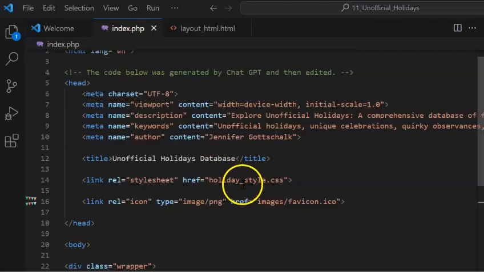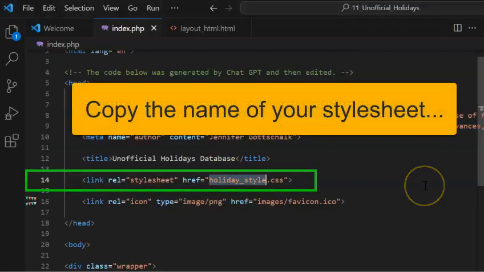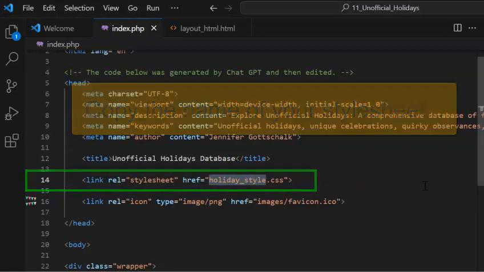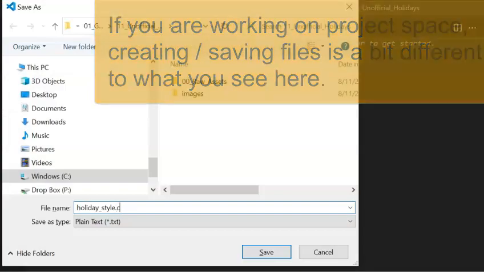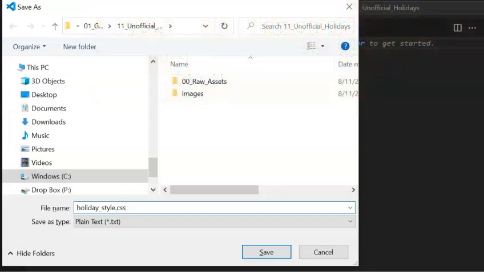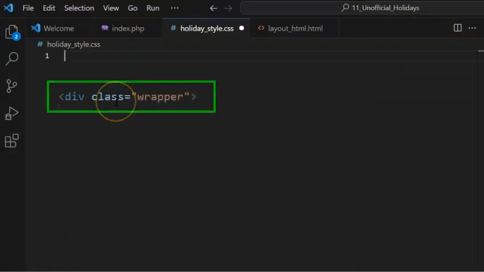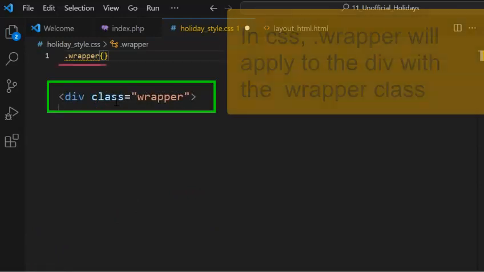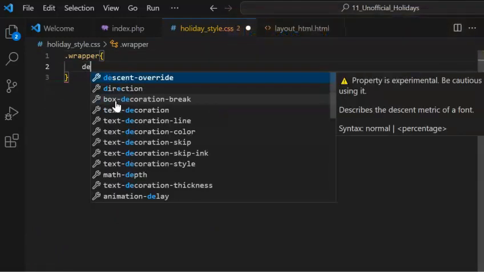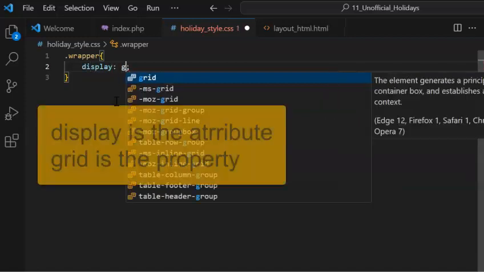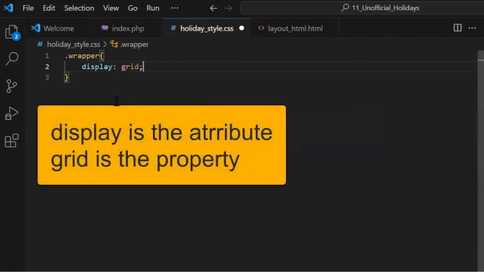Our next step is to create a style sheet so that we can add some color and set up our layout correctly. I'm going to copy holiday style, create a new file, and save it with the correct name, remembering that this is a CSS file. In our HTML, we assigned classes to our divs. In CSS, we use dot and then the class name, followed by 2 curly brackets. Inside the curly brackets, we can put in the attribute, a colon, and then the property with a semicolon at